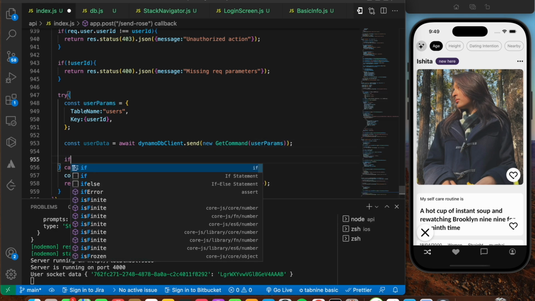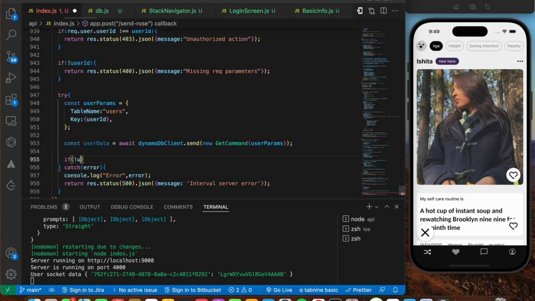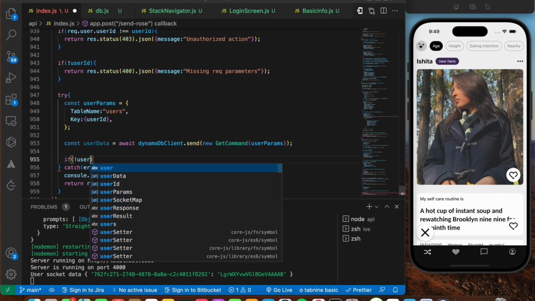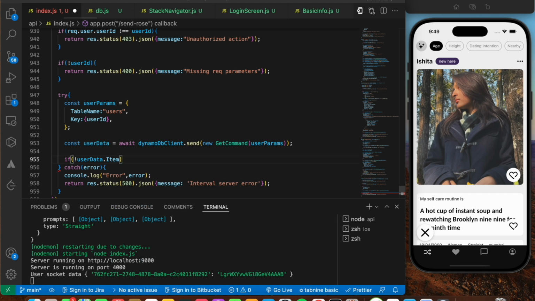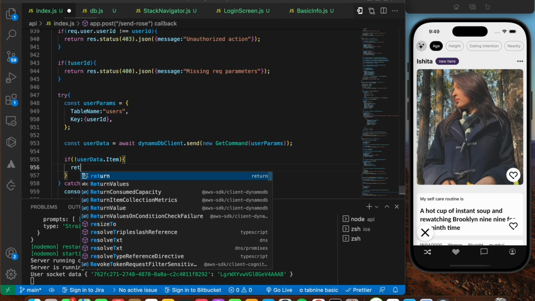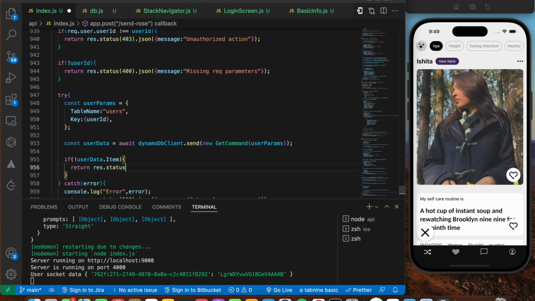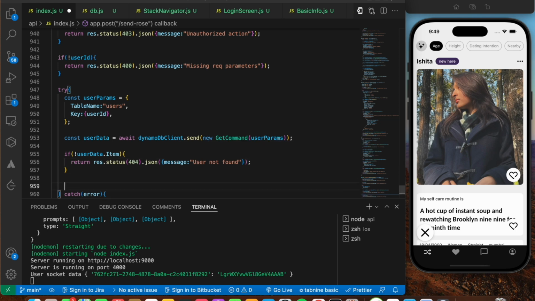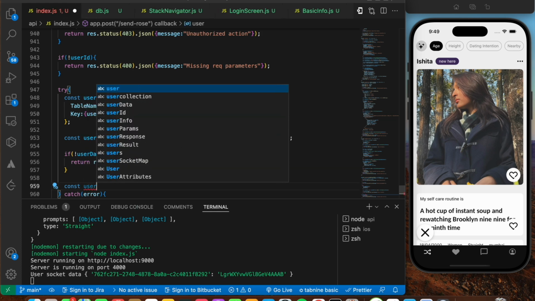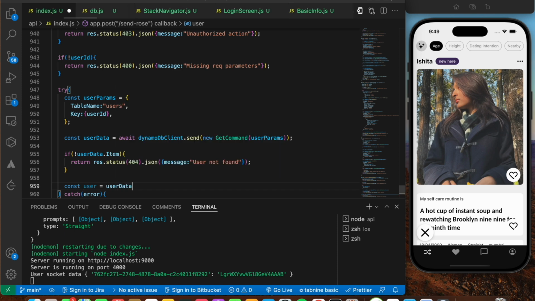Okay, and here I'm going to check the condition, that is if at all there is no userData.Item, then we're just going to say return result.status of, let's say, 404.json with a message being user is not found. So here let's try to access our user data. So I'm going to say const user is going to be equal to userData.Item,